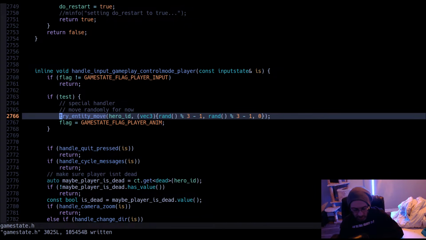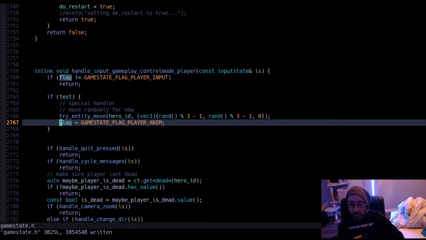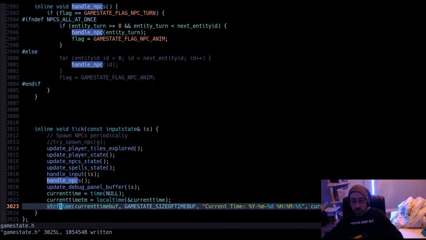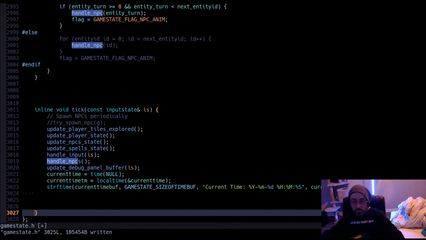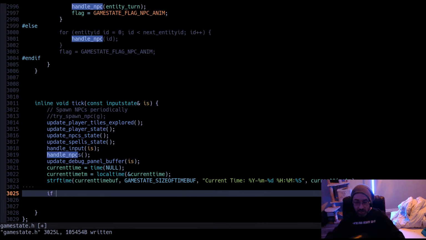And at the end of the logic tick, if we're in testing mode, then we need to skip the animation part entirely and just go straight back to the input. So once all the NPCs have run through their turn, the player will also try to move randomly again. And then we set the flag animation. But at the end of a logic tick here, if test,